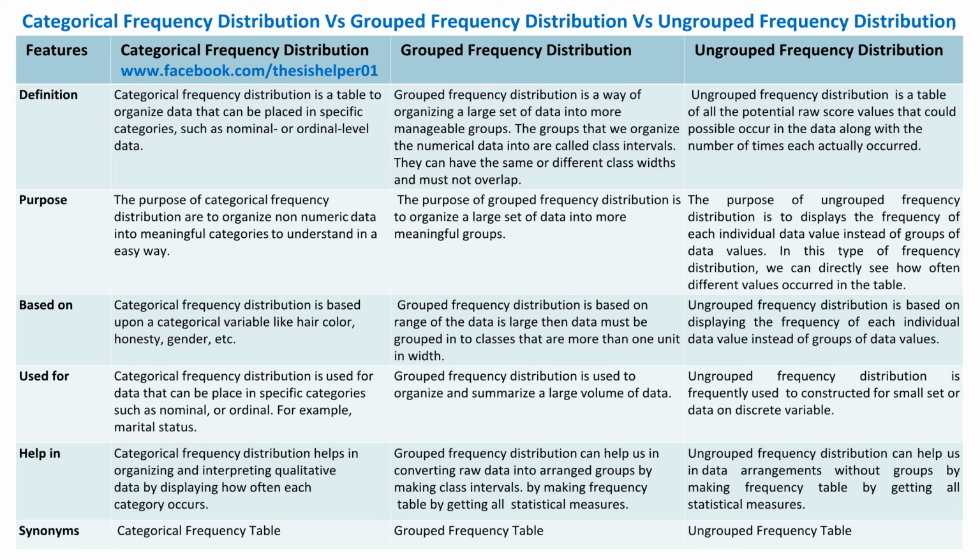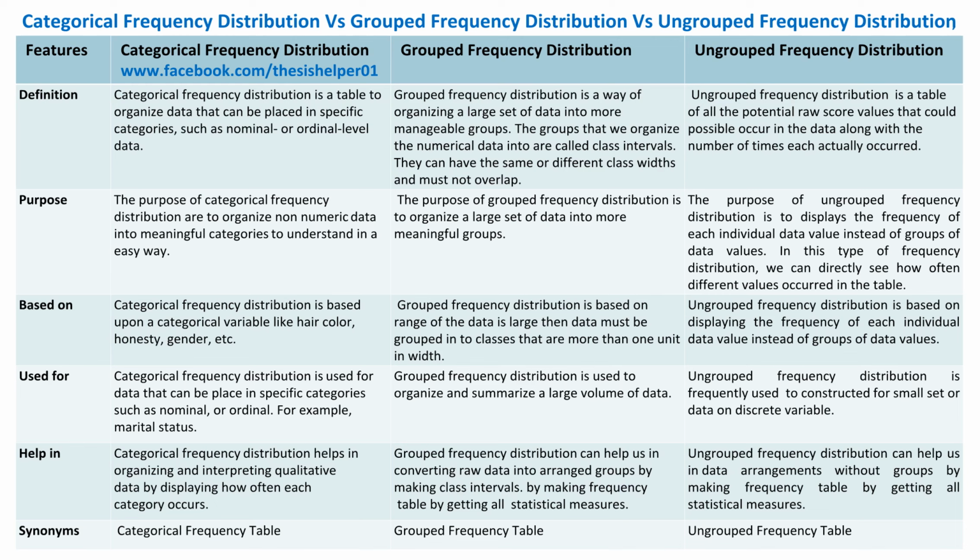In this type of frequency distribution, we can directly see how often different values occurred in the table. Categorical frequency distribution is based upon a categorical variable like hair color, honesty, gender, etc. Whereas, grouped frequency distribution is used when the range of the data is large, so data must be grouped into classes that are more than one unit in width. Whereas, ungrouped frequency distribution is based on displaying the frequency of each individual data value instead of groups of data